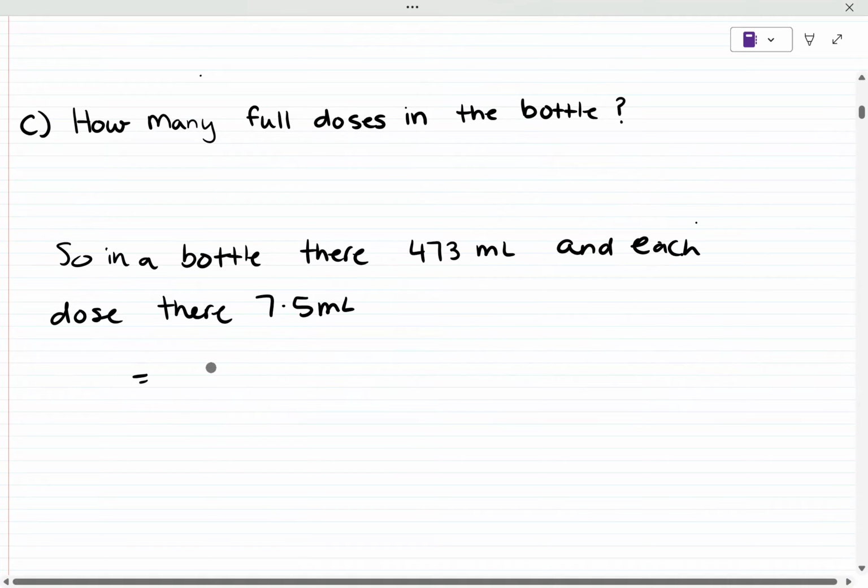So that's going to be 473 milliliters over 7.5 milliliters, and that gives you 63.07. So you can only give full doses, right? You can't give like a 0.07. So you can only